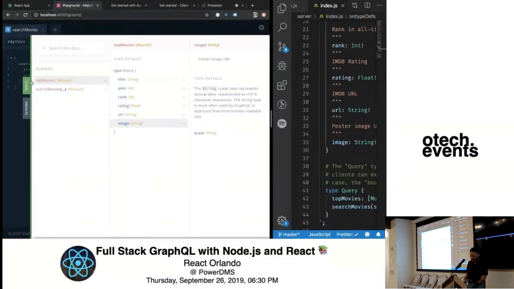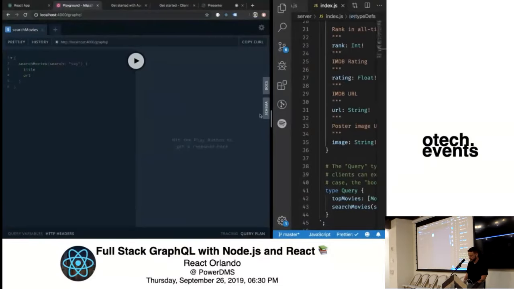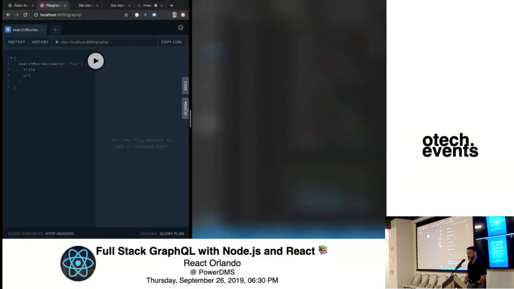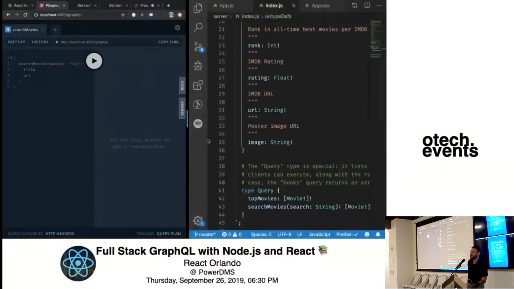I'll post the code for this. I fully expect no one to look at it, but I'll post it anyway, just in case. And I'll add some resources on there too, like where those Apollo pages live. There are some relatively open GraphQL APIs. There's the GitHub v4, their newest API. They went from REST to GraphQL for their public API. There are a bunch of fake JSON GraphQL APIs, which I can't think of any of the names, but I'll put those.